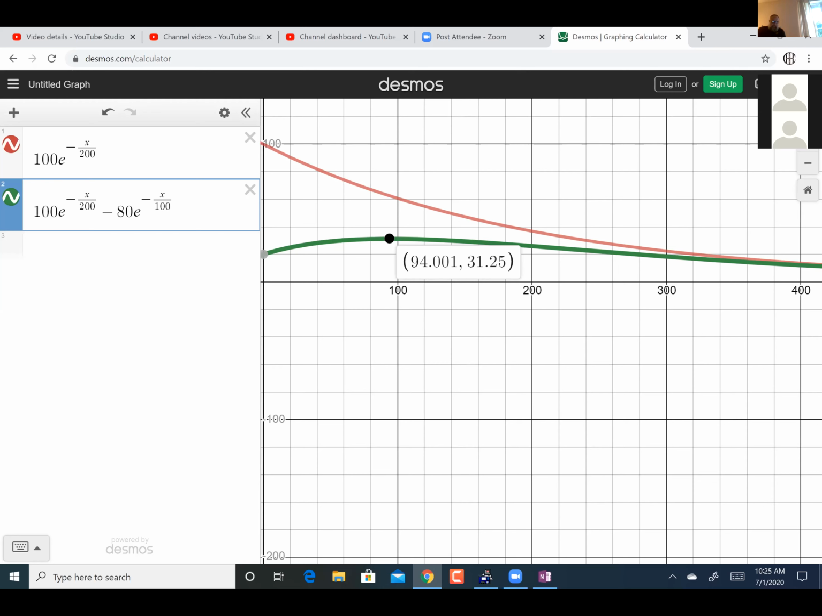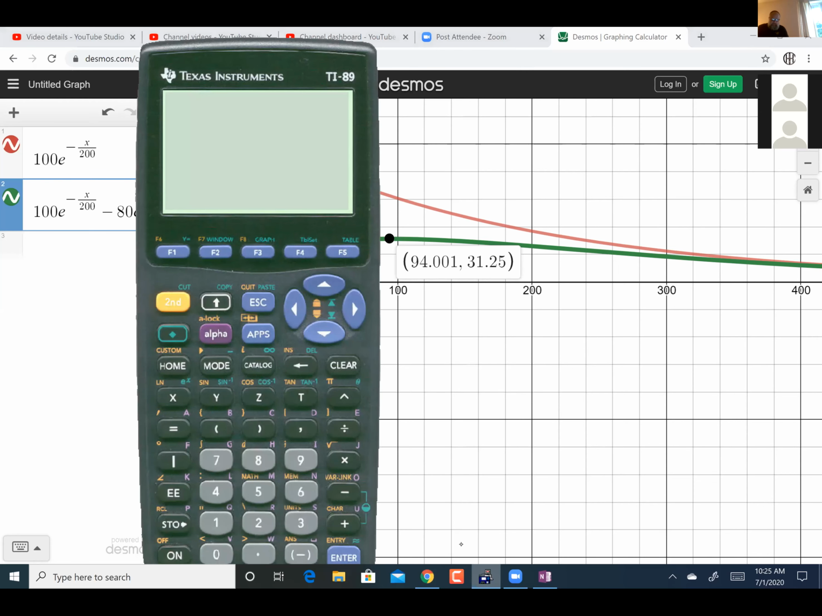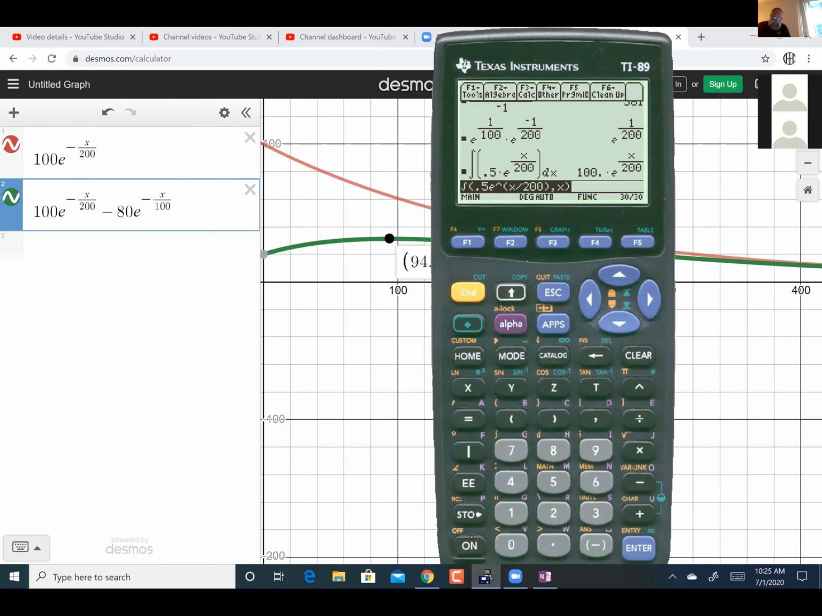I do want to do one thing just for fun. I'm just going to take this a step farther, to relate it to something that we already know. 100 e to the negative x divided by 200, minus 80 e to the negative x divided by 100, comma x, boom. So there's my derivative, yes? So if I take that derivative and I solve it